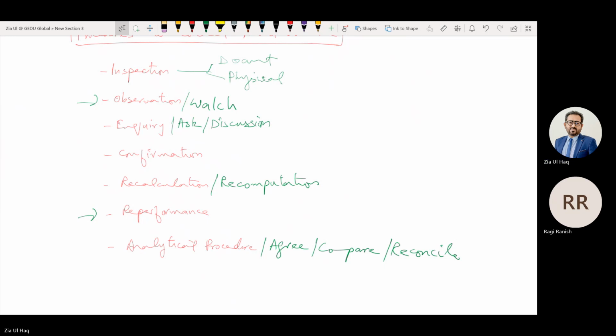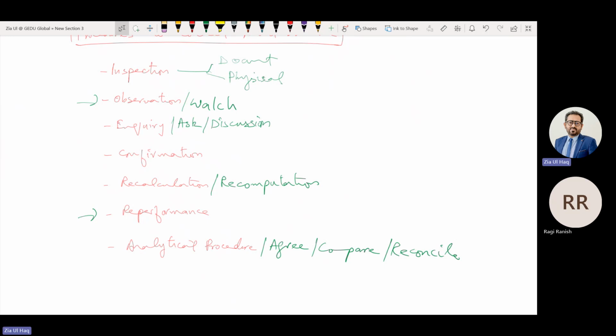Are you with me? If we want to check as per accounting standard whether the disclosure is in the financial statement or not, as per IAS 24, related party transactions should be disclosed in the financial statement. The company has performed related party transactions. We want to check whether there is disclosure or not. What will we do? Inspection of notes to the financial statement to verify completeness of disclosure.